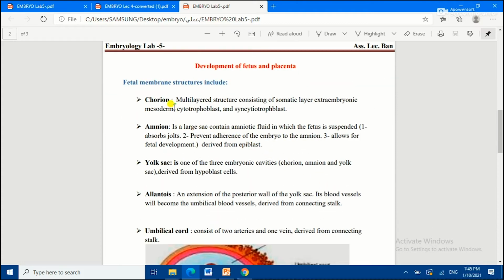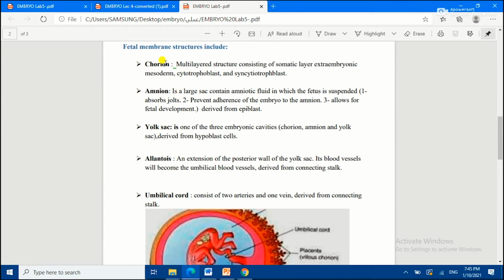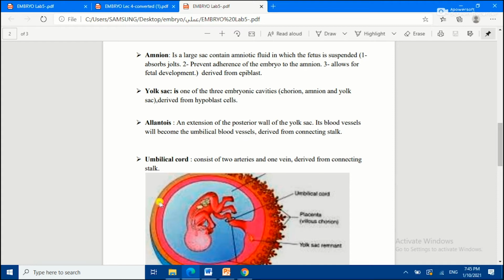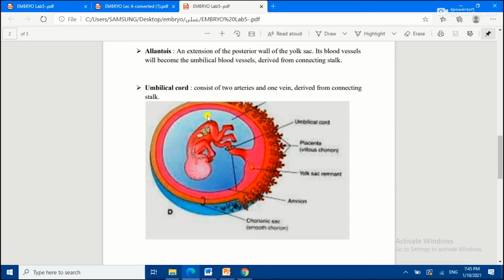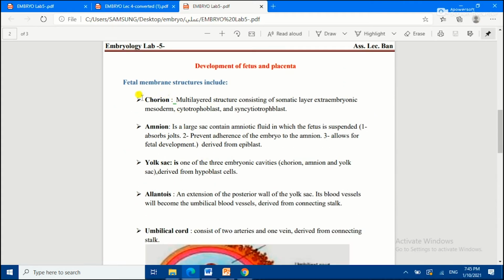So first of all, you need to know about the fetal membrane structures and what they arose from after the divisions that we saw in the second week of development. First of all, look here. We have the embryo surrounded by amniotic fluid, okay, and we have a multi-layered placenta that will nourish the embryo. Okay, so the chorion